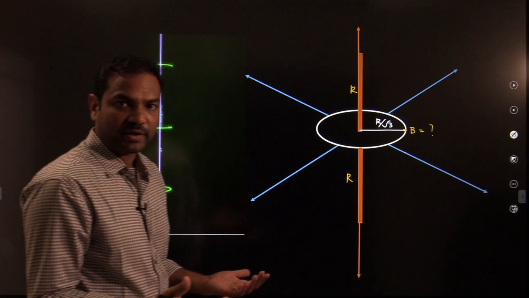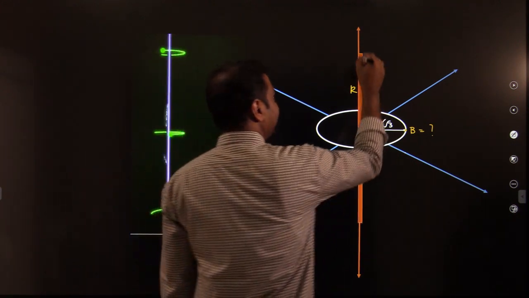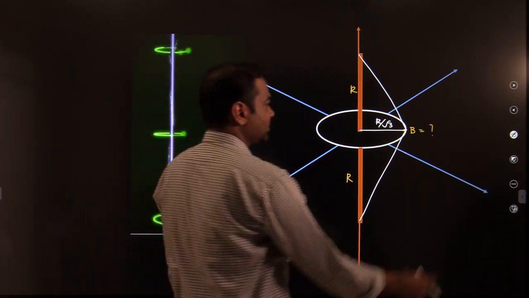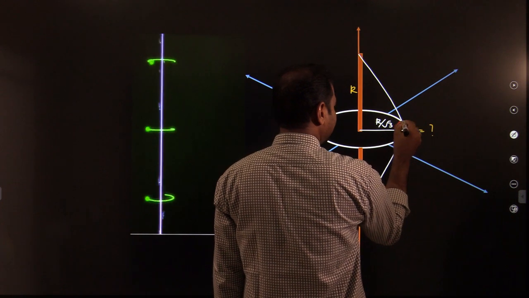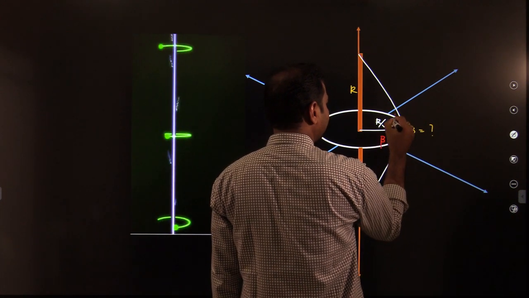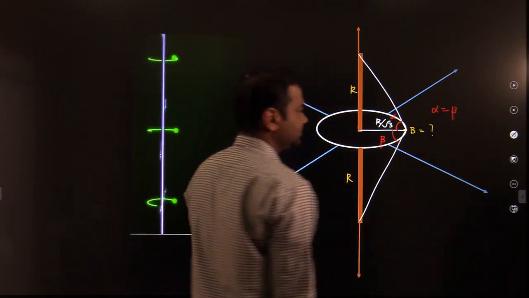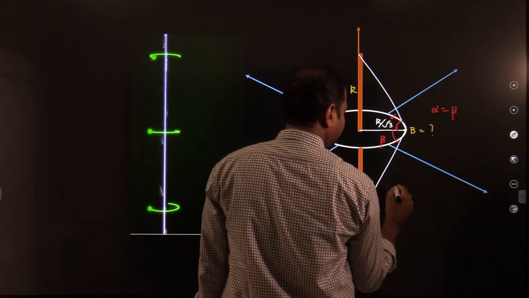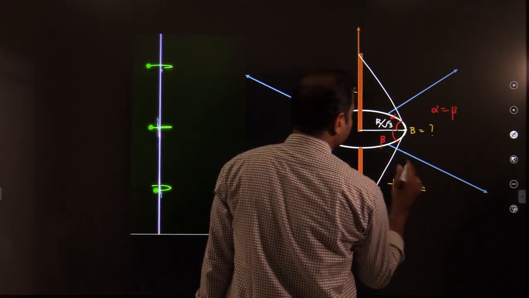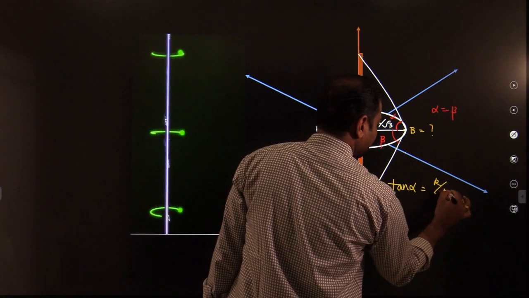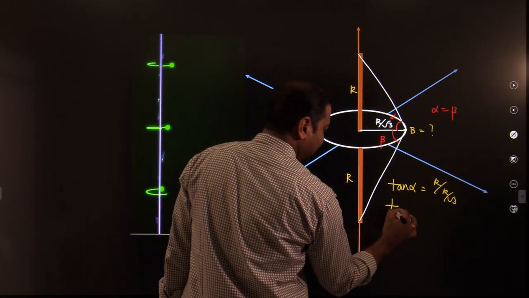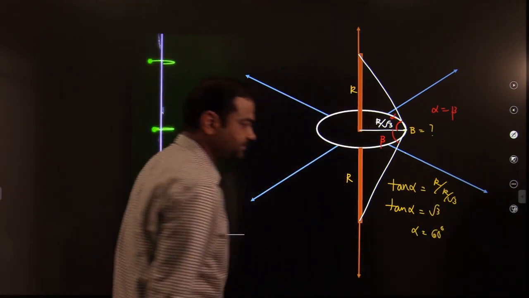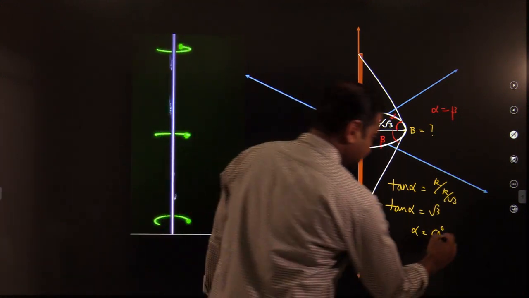Now I have to find out the magnetic field due to the straight part. If I add the ends, they will make some angles, alpha and beta. Of course, alpha and beta are the same; alpha is equal to beta. We can even identify alpha and beta. What is the alpha value? I can write tan alpha is equal to R by R by root 3. Then the tan alpha value I will get is root 3. Then the alpha value is equal to 60 degrees. Even the beta value you will get as 60 because of symmetry.